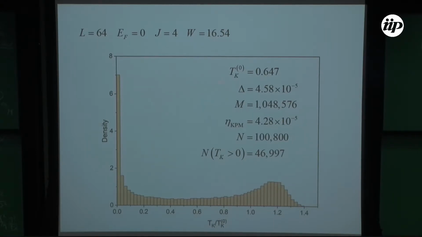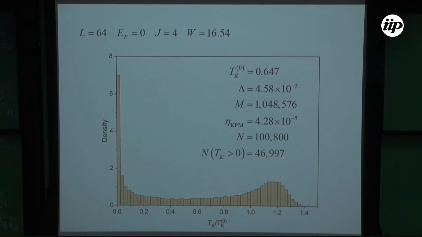Okay, the clean Kondo temperature, calculated numerically, not estimated using the usual formula, is this. Level spacing is about 10 to the minus 5. We need about 1 million moments to resolve that kind of energy scale. So eta KPM is, as I said, slightly smaller. We simulated roughly 100,000 samples,